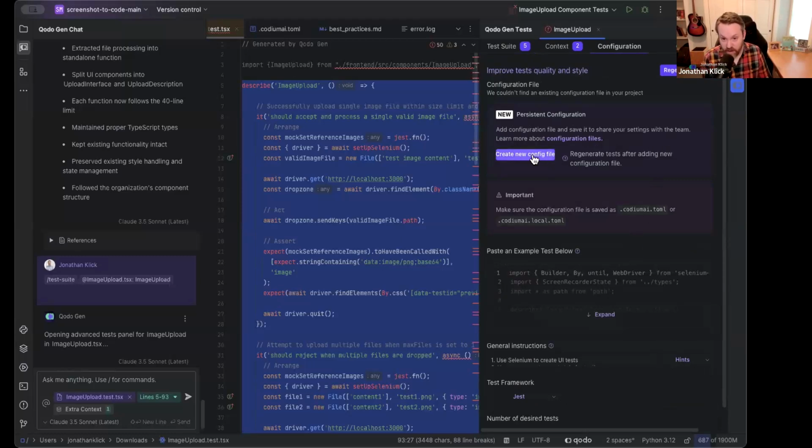You can actually create a config file. You can save that config file either locally for your own personal purposes, or you can upload it to your repo so that your colleagues who are also using our tool can take advantage of the same config file, because we will automatically detect that config file inside of a repo. And so in this case right here, it will be a .codiumai.toml file, or you could also do a .codiumai.local toml file, with the purpose being that this is something you could add to a git ignore, and we would detect it and use it, but it wouldn't be something that would be, say, committed into your repo or whatnot.